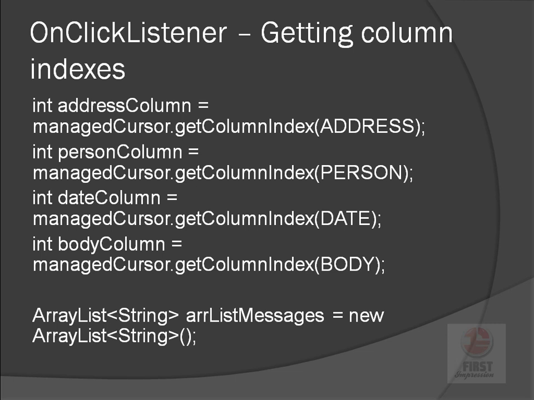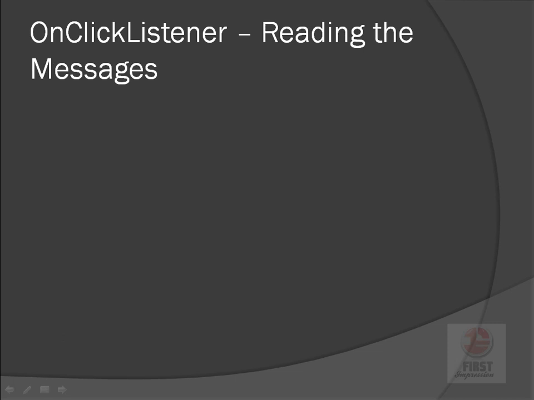We want 4 columns out of that. We want address, we want person, we want date, and we want body. So we took these 4 columns and we created a new array list. Inside this array list, we'll be storing all the data about the messages. So we'll say if managed cursor move to first, that is if we are able to go to the first record in the cursor,